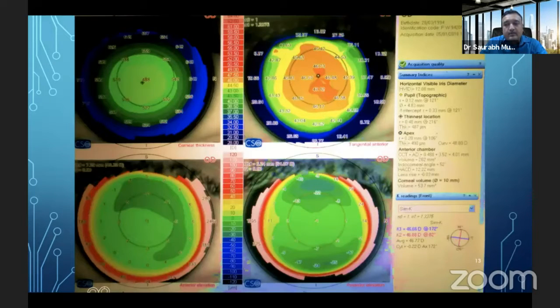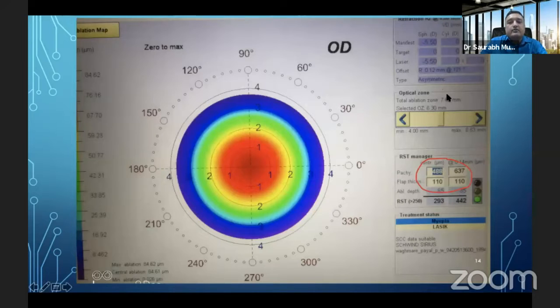Now, coming to certain case-based topography. We are trying to correlate the topography with the cases. If you see here, the thickness is borderline, 490 or less, as Rao madam has already pointed out in her presentation. Then K readings are again a little borderline up, but okay. If numbers are less, depending on the number and on how much residual corneal thickness is there, you can change the optical zone. You can change the flap thickness. We are having 90, 110, and 130. So you can adjust accordingly and keep the residual thickness above 300.